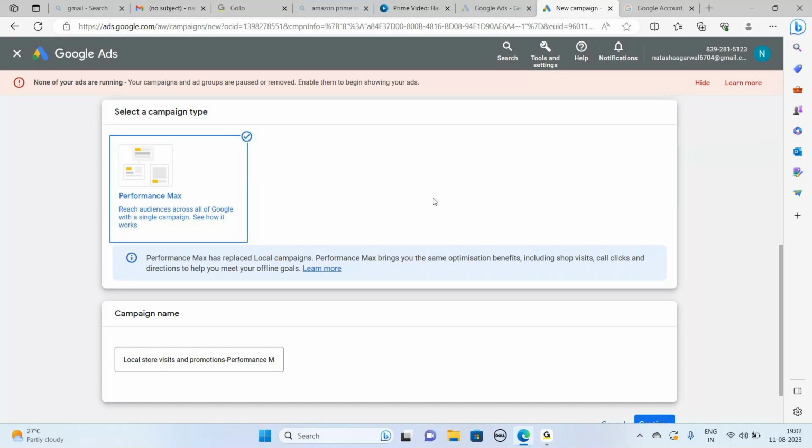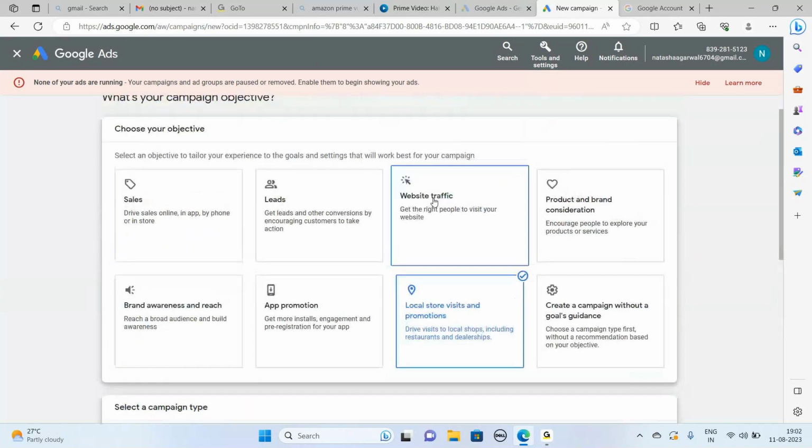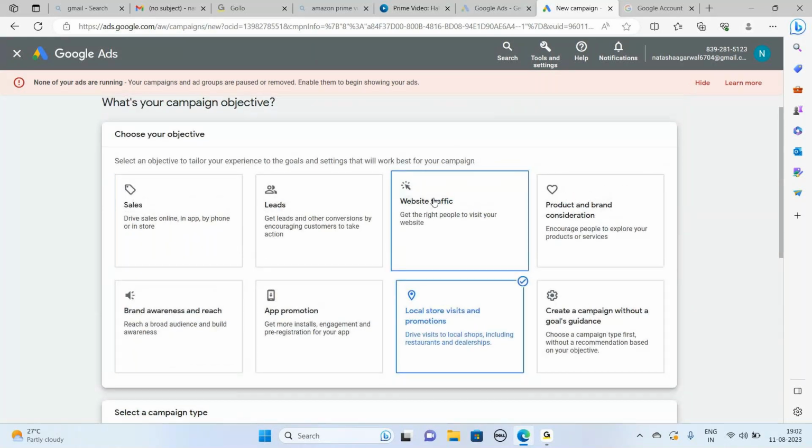Now, in case I want to make it a common type of campaign so that it can reach similar types of goals, which are going to connect with that campaign type. For example, if I check sales, leads and website traffic, I have all the same campaign types.